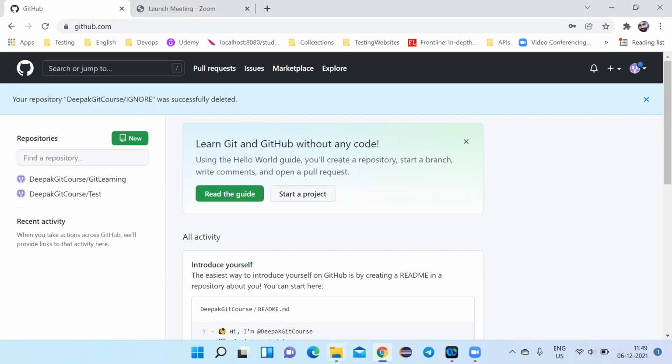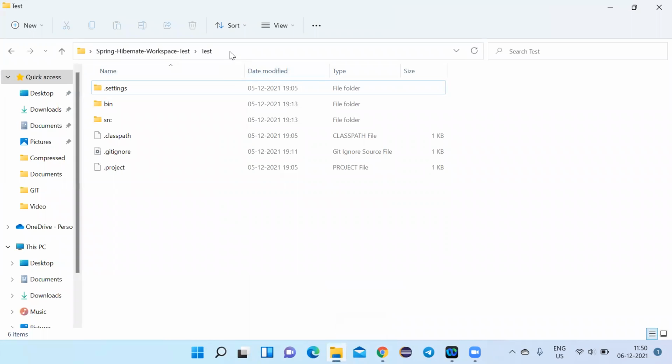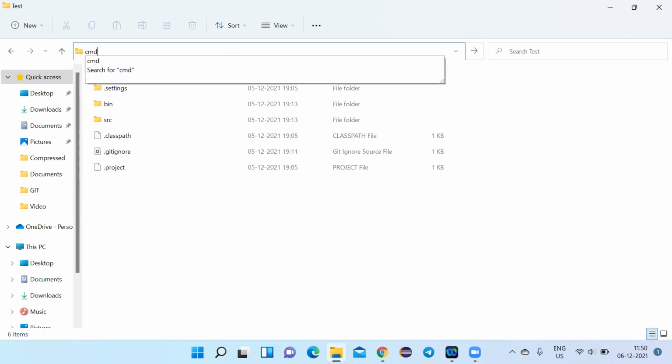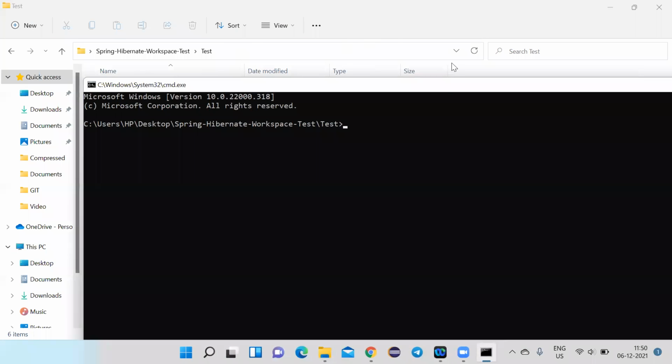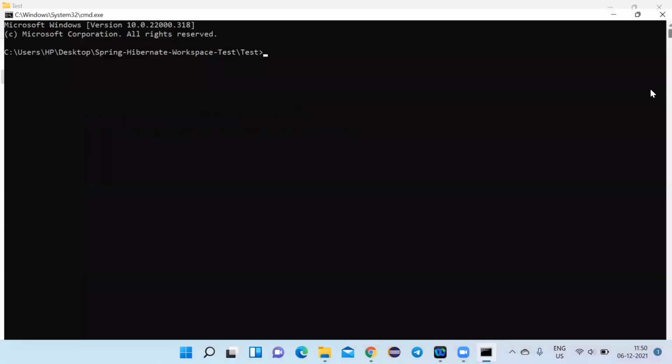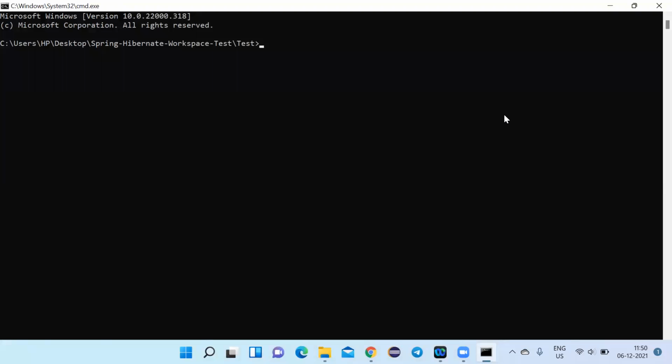Now let's see a few of the commit commands. Let's open a command prompt and navigate to the path. The first command is, let's say you wanted to see the commits: git show.